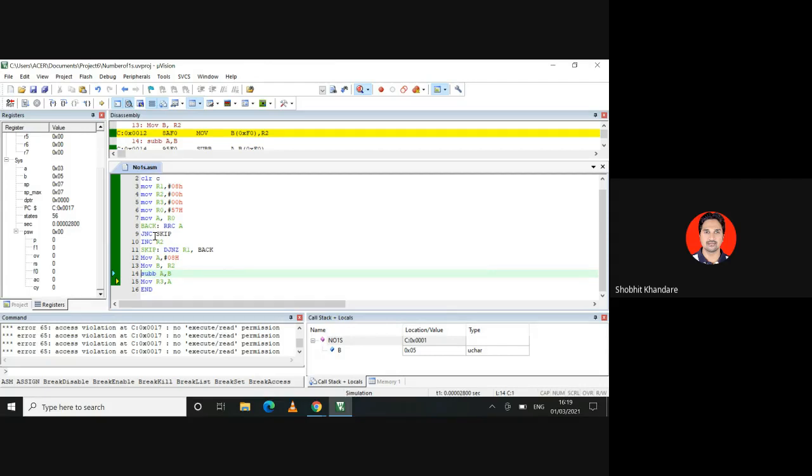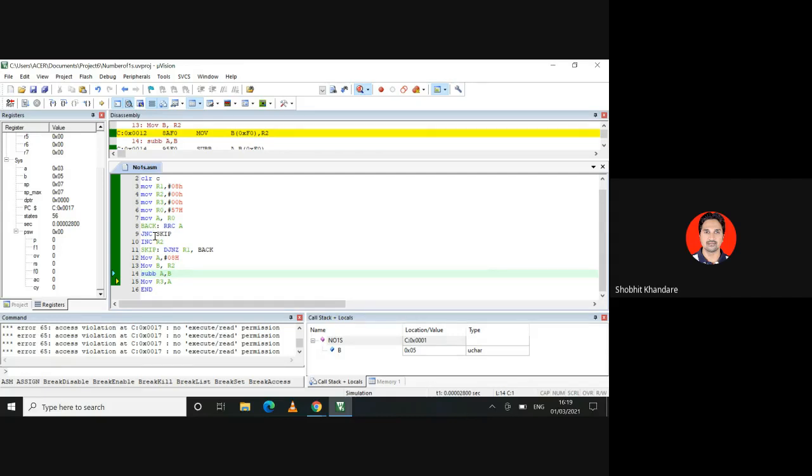So you will try by yourself, use the instructions. You can Google search and see the reference book and use such instructions where you can convert BCD into ASCII and ASCII into BCD. Any questions? In the assignments, I will be giving you this write-up, the format of this experiment.